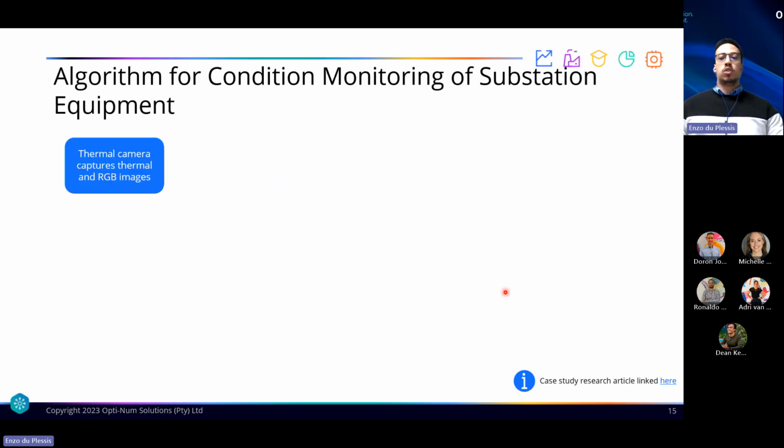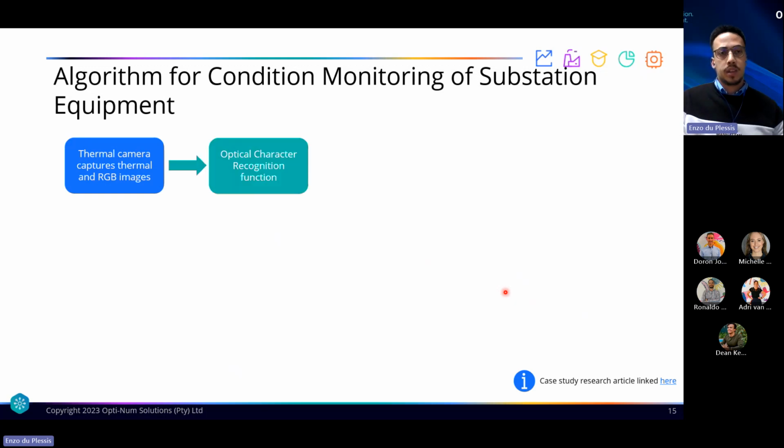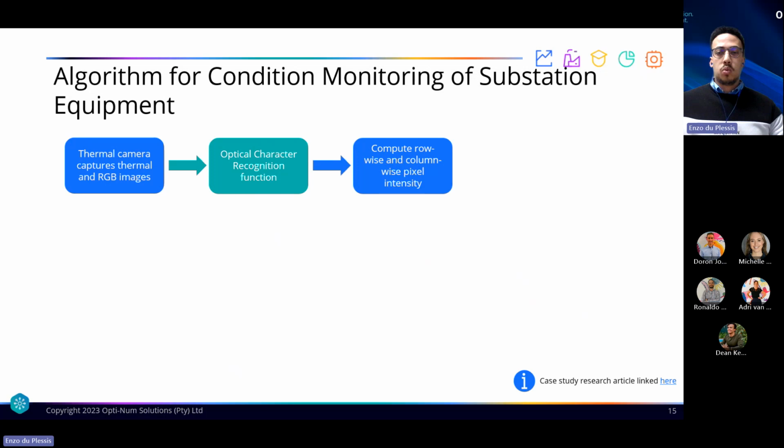Step one would be to capture both the thermal and normal or RGB color images. Step two is to apply the optical character recognition method to find what the maximum and minimum temperatures are in the image captured. The optical character recognition function is used where, if you're feeding in data from an image or writing, it's processed and passed into the language that the machine analyzing it can understand. Now, step three would be to compute what the row-wise and